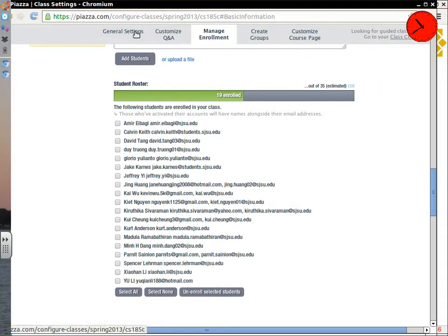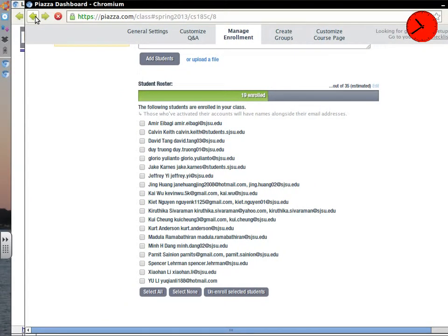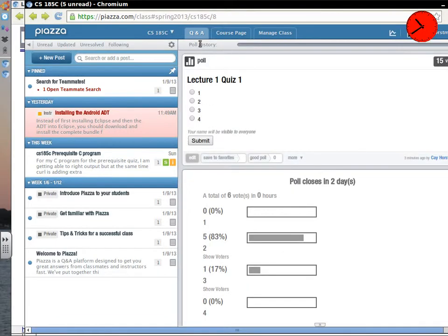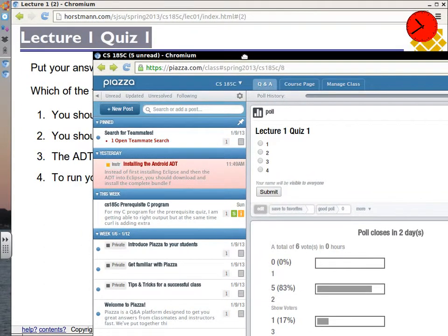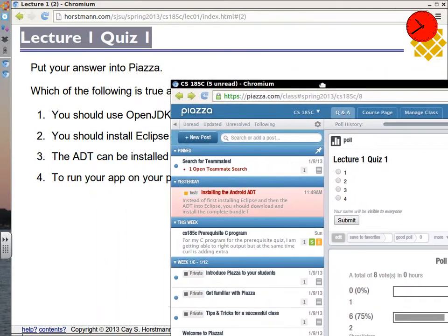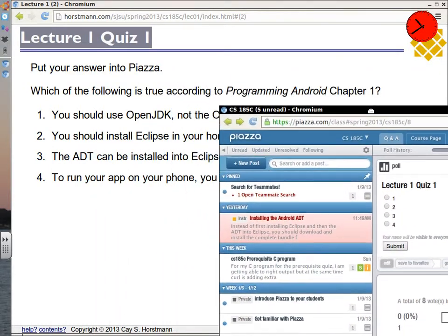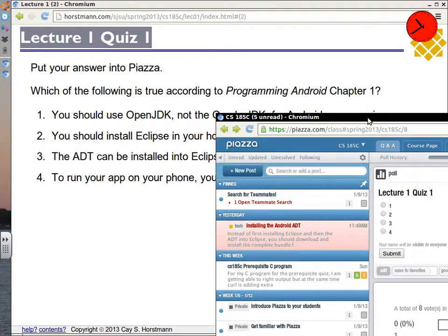Let's see how we're doing on our quiz. Okay, so I have 8 votes. There are 19 people in the room. Nothing will happen until I get them all in.